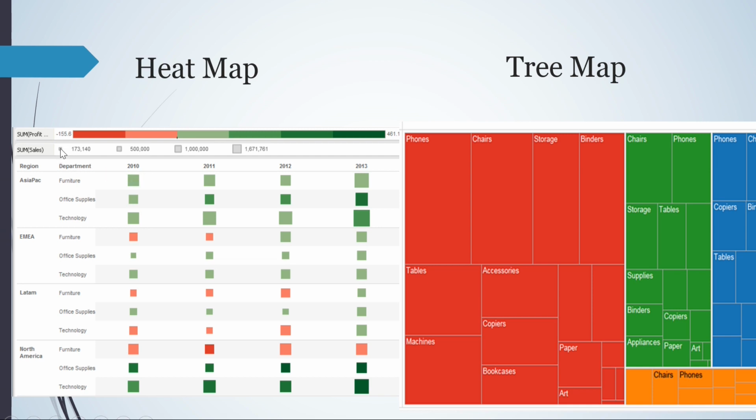Very small size means a very small amount of sales happened. A bigger size of the shapes means higher sales in that year. So a heat map is based on color as well as size of your shape. You can compare any two measures on the basis of this heat map.